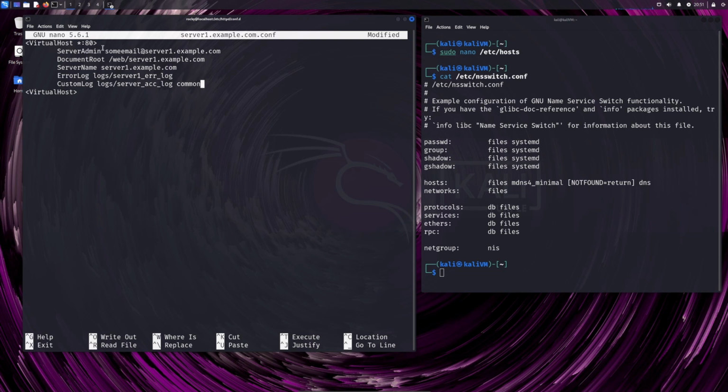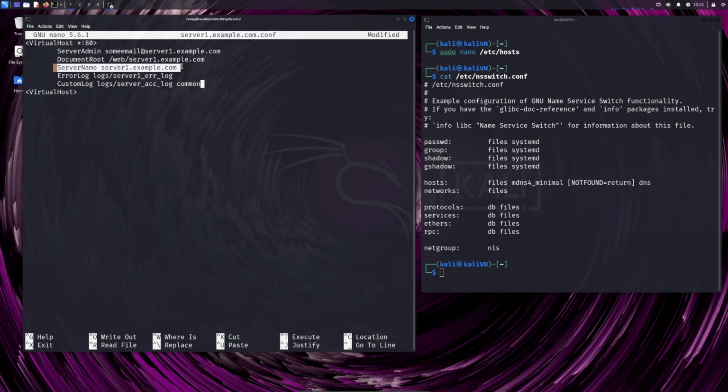So we will be listening on TCP port 80, and the two most important options here are the document root. Again, we have to create an index.html for this site in this directory, which has not been created just yet,